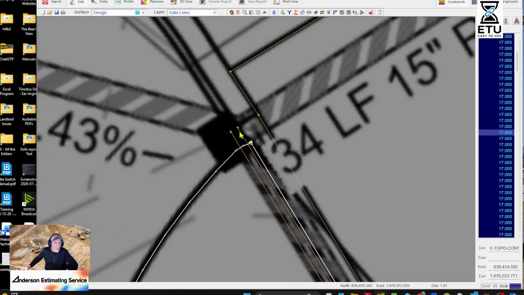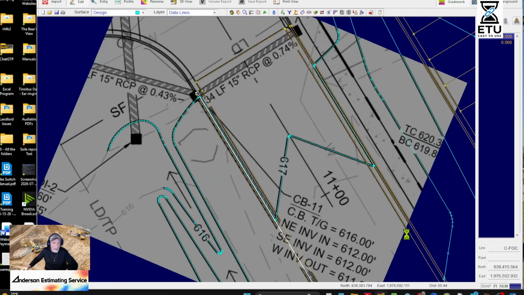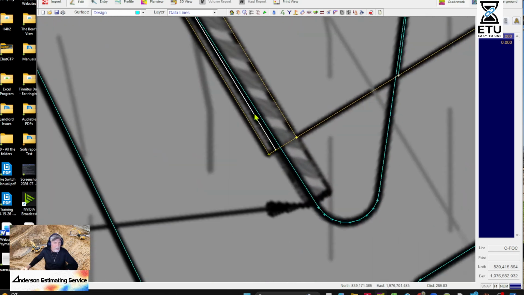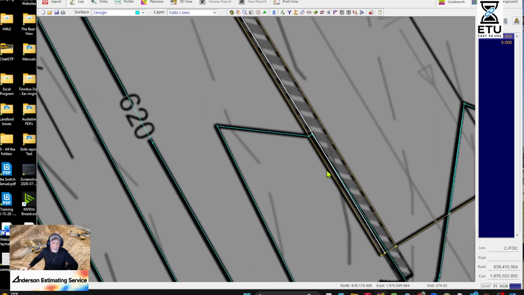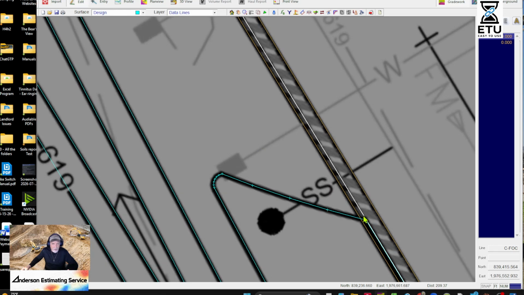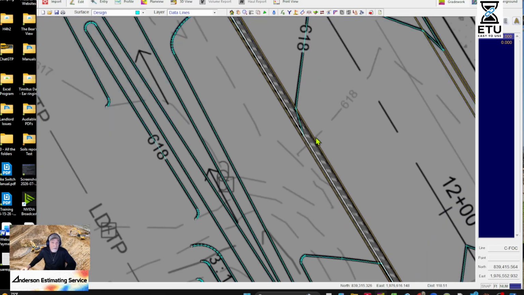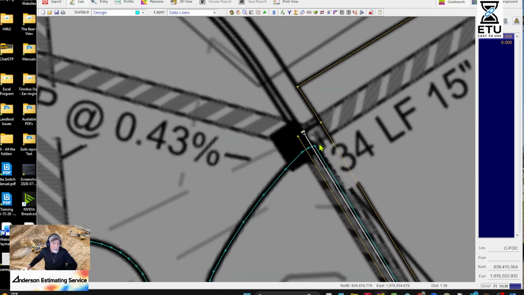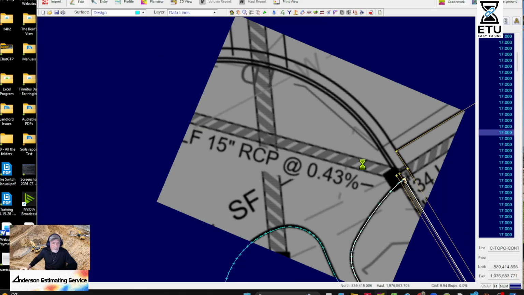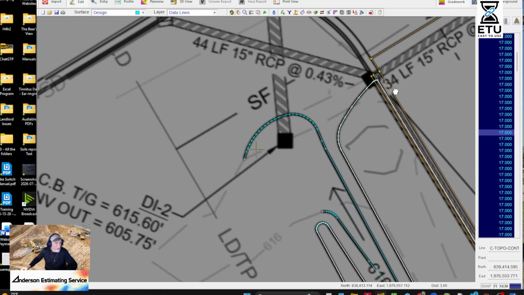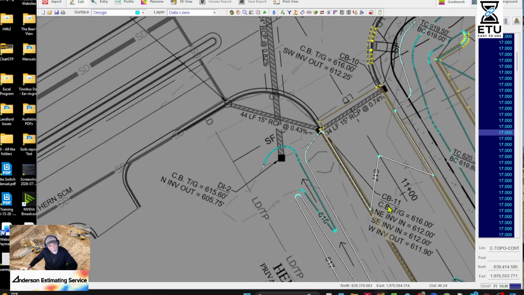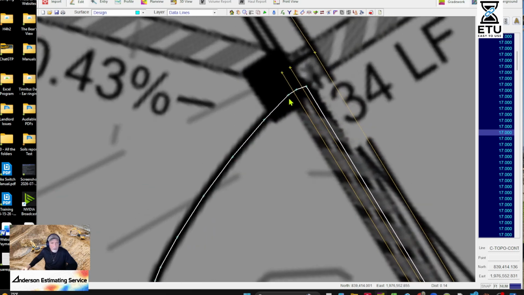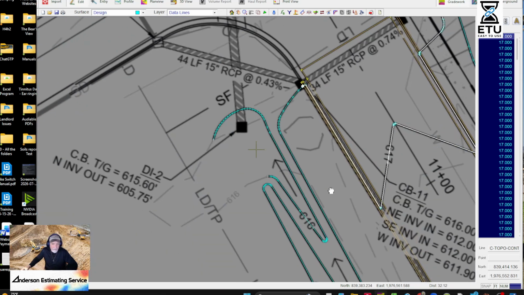Okay, if I did conform to data lines right here, I've had so many employees who just try to cut corners. They don't want to do any work. This won't even work. If you conform to data lines, it's going to just hit those points, and that's not right. So just don't do it. It'll put a point there that would be at 17, and it actually is, where is that? Oh, so there it is. It's 16. So you would be a foot off. No, I cut these off.